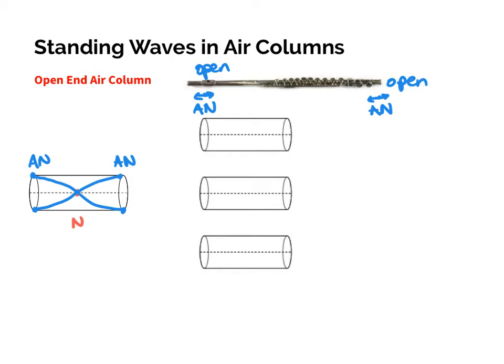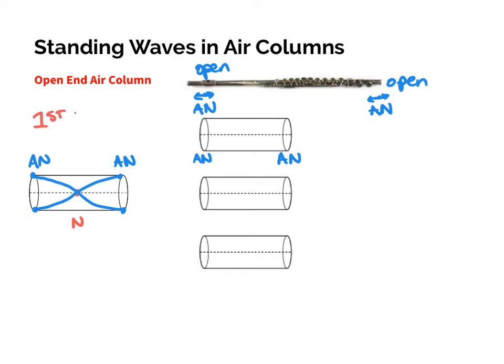But the idea is that in each of these columns, between every antinode, you're always going to have a node, okay? So what that's going to produce is different harmonics and different frequencies at which we're going to create standing waves. So this very first standing wave that I drew, based on the antinodes at either end because of the open ends, this is